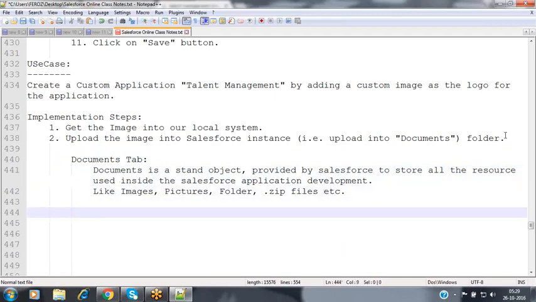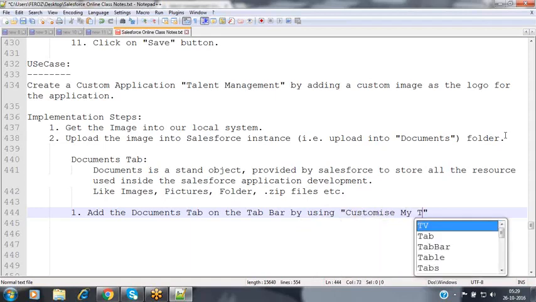Now we have to add that tab onto the tab bar. So the first step is to add the documents tab on the tab bar by using the customize my tabs button.